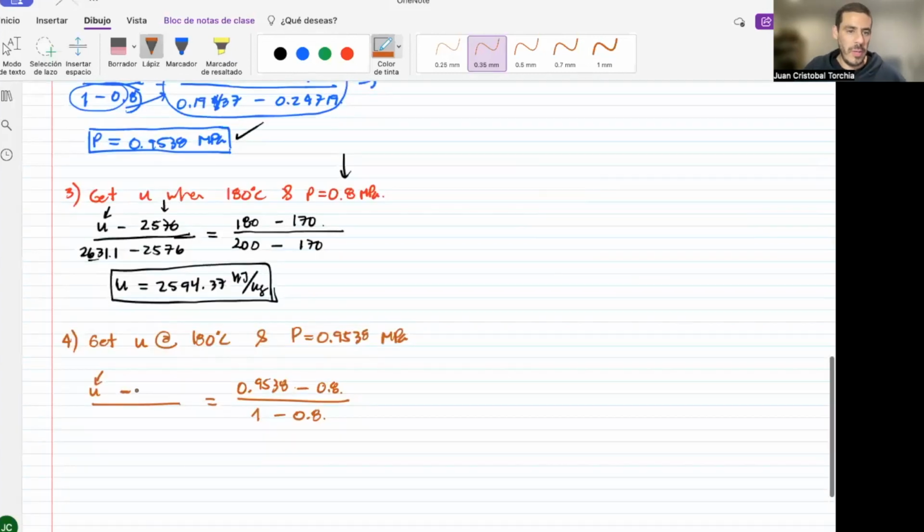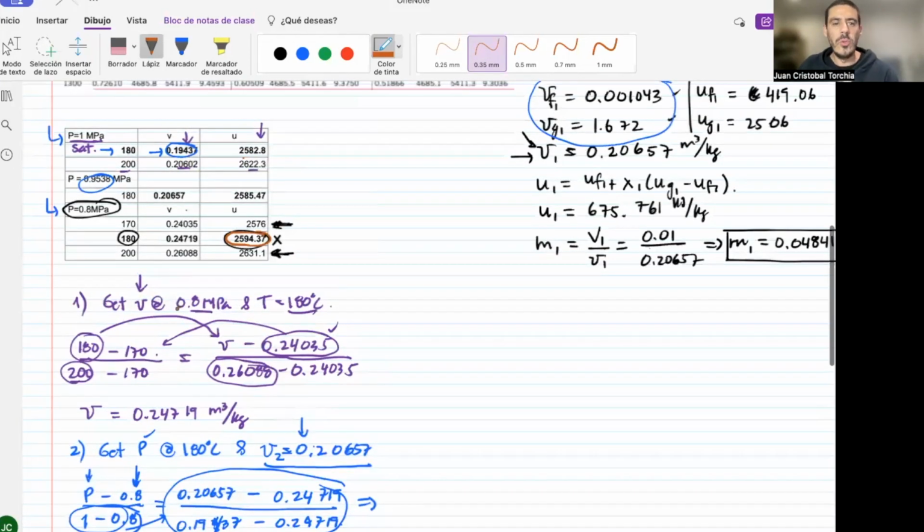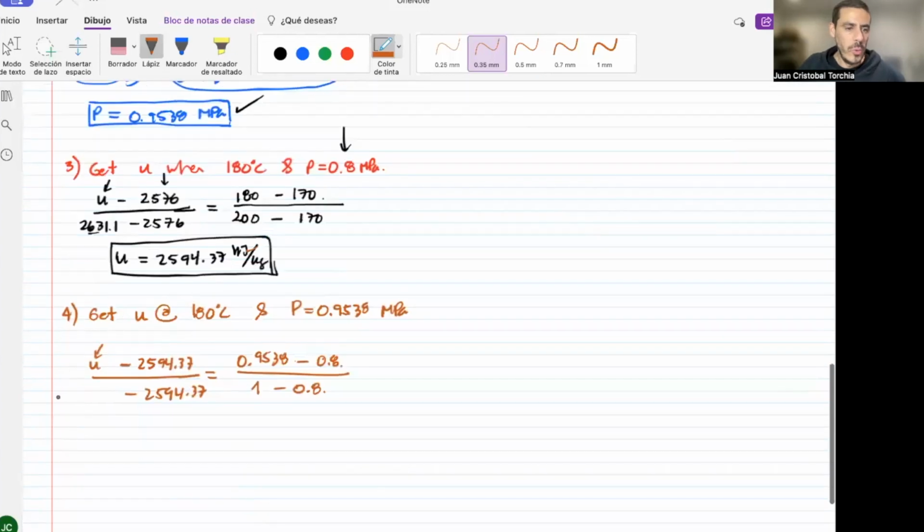So the one that I'm going to put here is 2,594.37, that's in black just here. Then I'm going to put the one that's at 1 megapascal. At 1 megapascal and 180 degrees Celsius it's actually this one, 2,582.8. Hopefully I'm putting the right numbers in the right place, and you don't have to worry about anything. Therefore U, which is already U2, the one that I'm looking for,